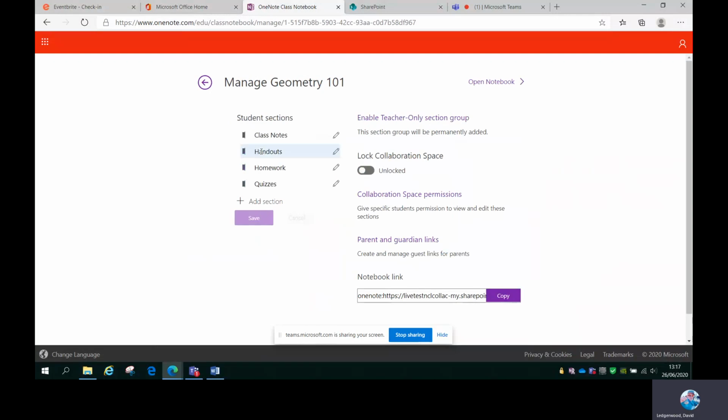Again, as you can see, I'm able to customize the student sections at this point. I can either add or take away from them. I can also enable a teacher-only section group. I could lock the collaboration space, I could change the permissions on the collaboration space, or I could generate parent and guardian links. What that means is that if you want to share the notebook with the parents or guardians of your learners, you could generate links that would allow you to do that. Okay, so if I now go up to here and open the notebook,